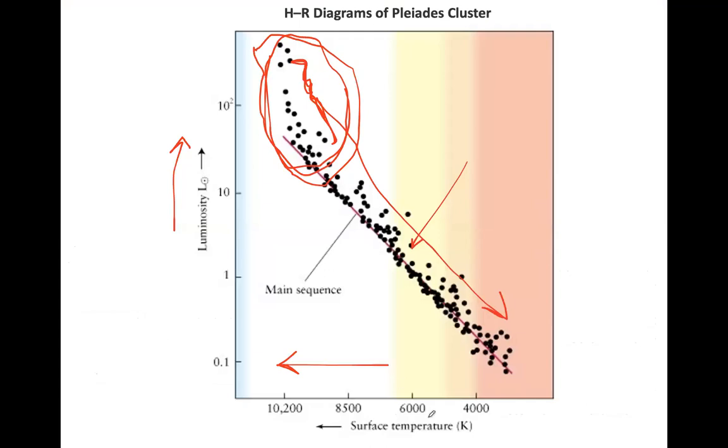I mean, you don't have to measure the surface temperature, you just need to measure the spectral class, which will give you the same information. And then you can make this HR diagram yourself, right? So this is probably a good exercise if you can do it yourself. And this data is available if you want to plot that. Maybe I will give you this as an exercise if you have a computer to do it, right?